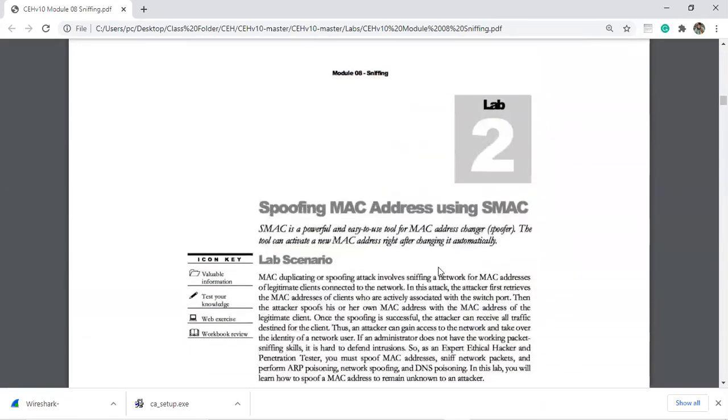Now, this is a tool which is not available with me right now, but let me explain it. This is the SMAC tool, for spoofing MAC addresses. As you all know, using a proxy can help you mask your identity, hide yourself and protect yourself from getting caught. Just like that, we also have a tool for spoofing MAC addresses. Suppose you have changed your IP address and someone is able to find out your MAC address, then it's possible that you will get caught.